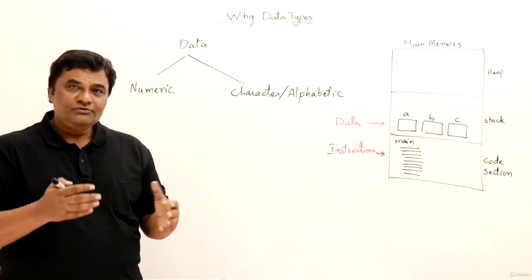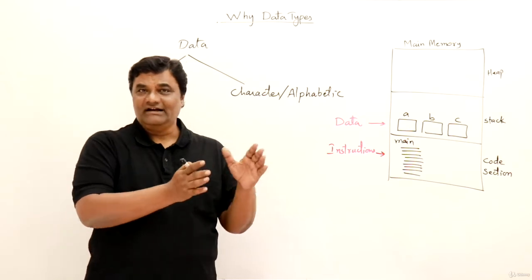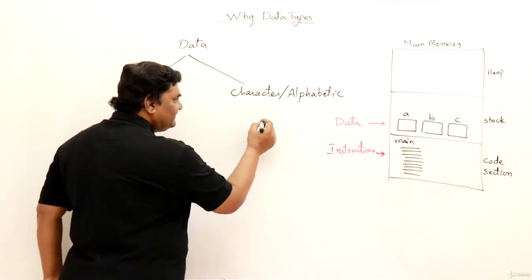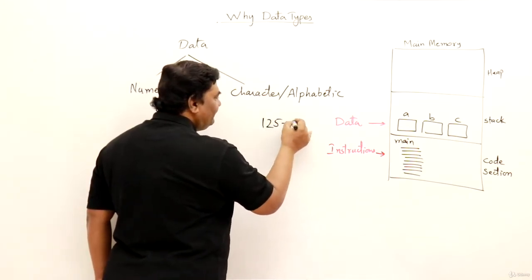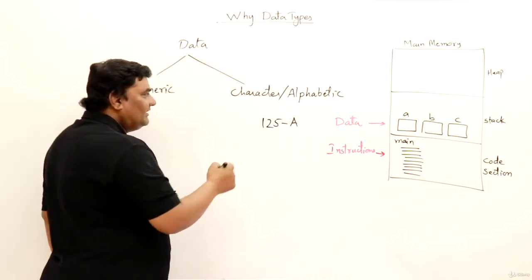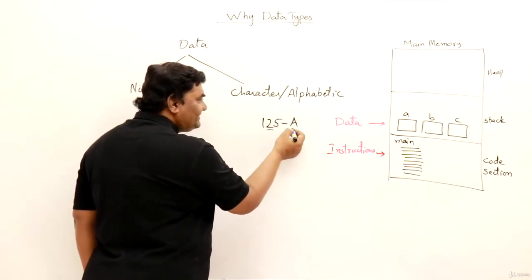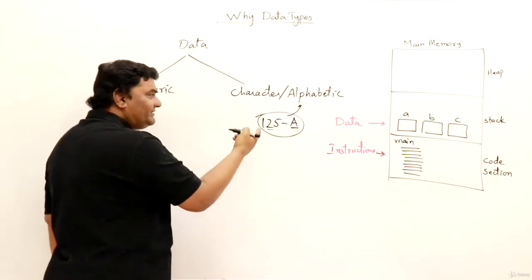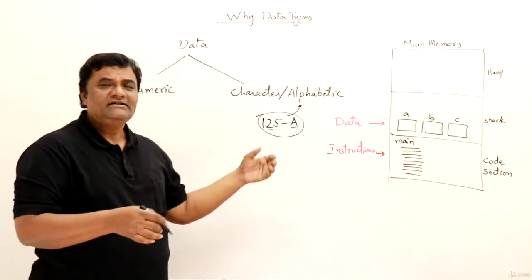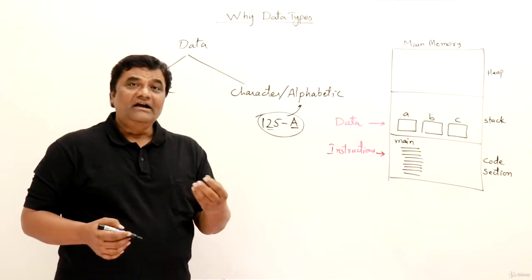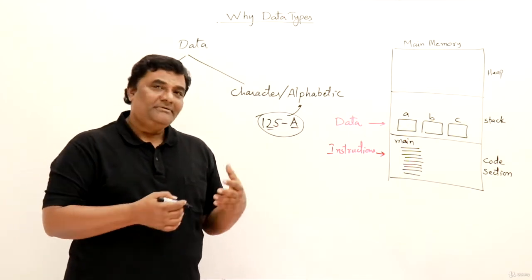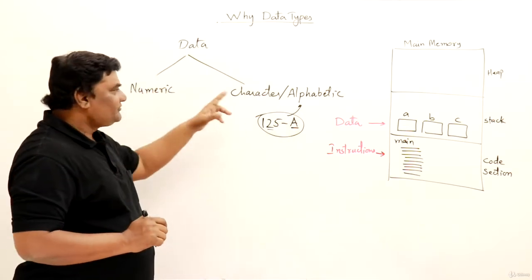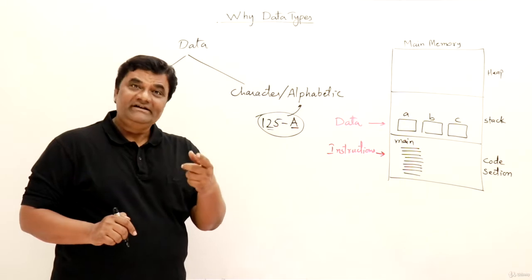And sometimes we use a mix of numeric and alphabetic. Like if I am writing a door number, let's suppose 125-A, this is a door number. It has a number as well as an alphabet. So let us consider this also as alphabetic only, though it has numbers, because alphabets are there. Otherwise, you can say alphanumeric, but basically it is like a character only. So leave it. Now I'll pick up these two one by one and explain them in more detail.